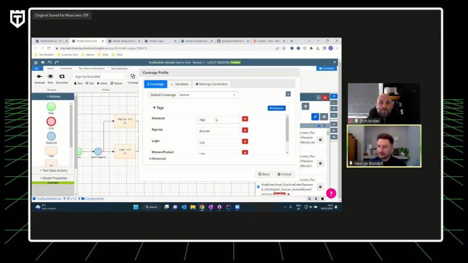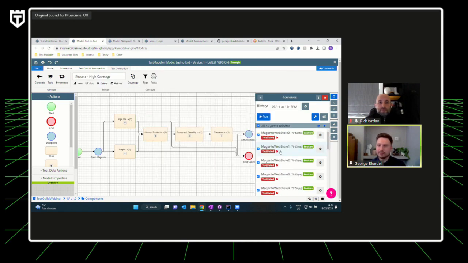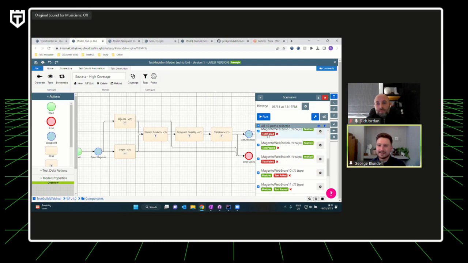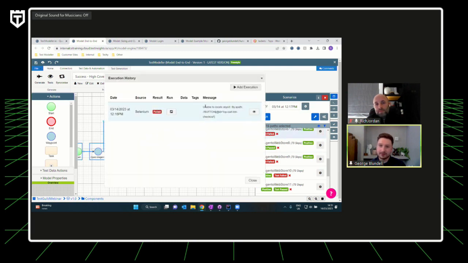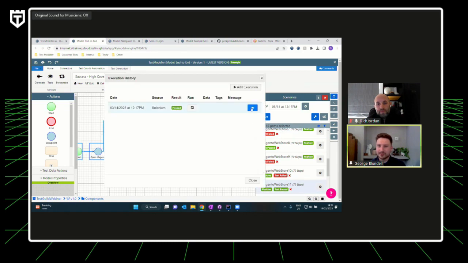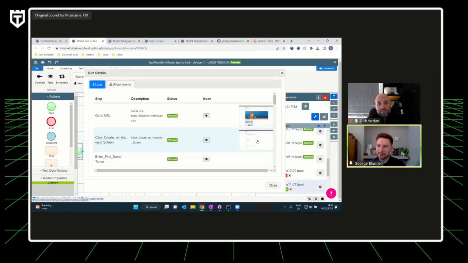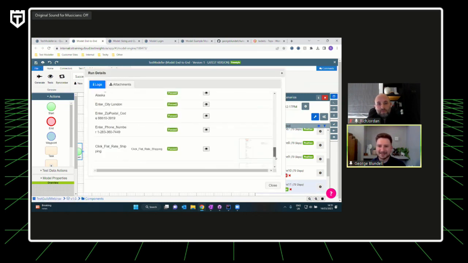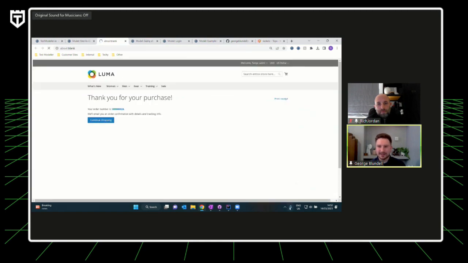And then we've talked about how to deal with change and change management. And then the nice final step, which is to look at your test cases, see, for example, what failed, the messages that we get, but then also the nice green button that we all like to see when we're running automation, to see that this has run and we've got a nice 'thank you for your purchase' there.